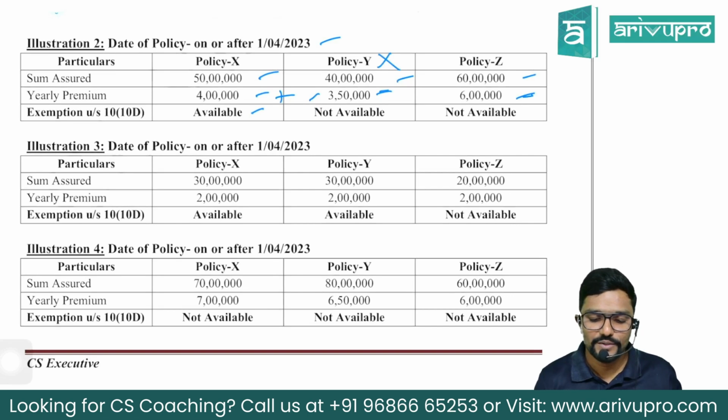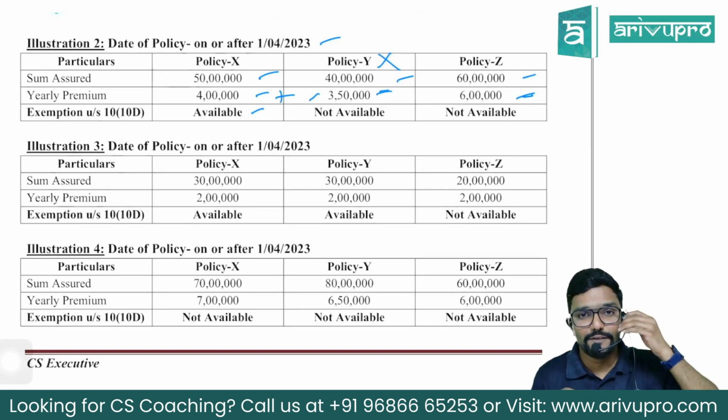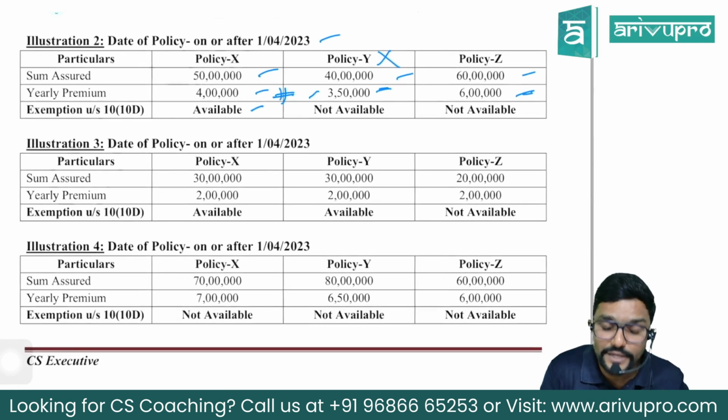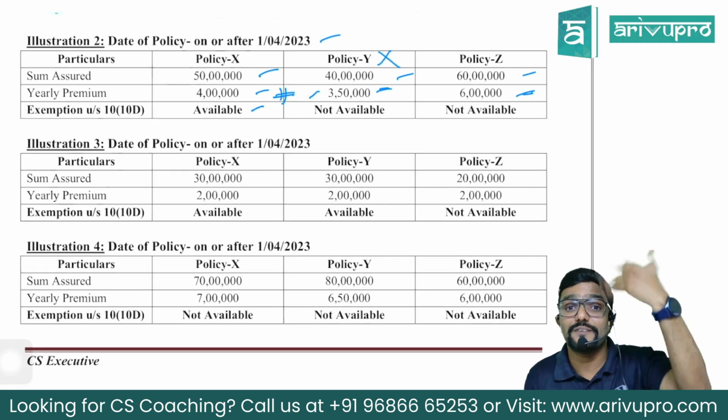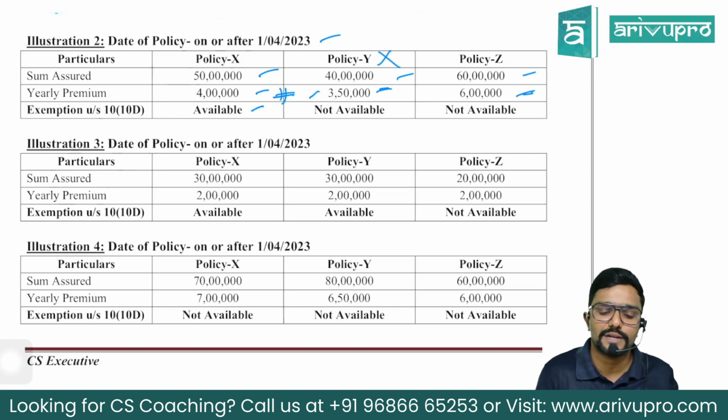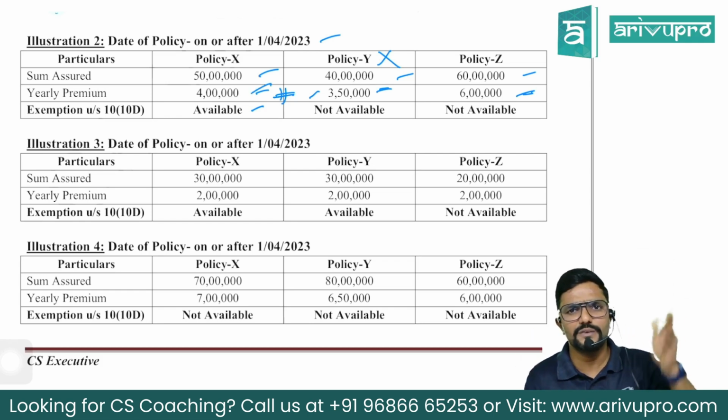So please listen carefully, I will tell again. Sir, aggregate payment made, both policies put together will come to how much? 7 lakh 50. Is it crossing 5 lakh? Yes, so you cannot claim the second policy. First policy, can I claim, sir? Yes, individually it is within 5 lakh. I can claim it.